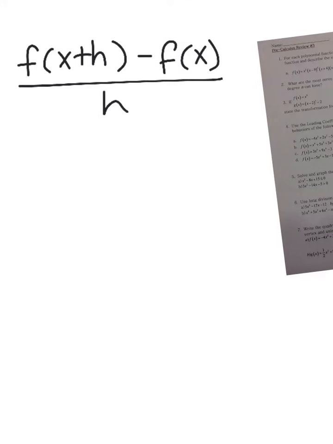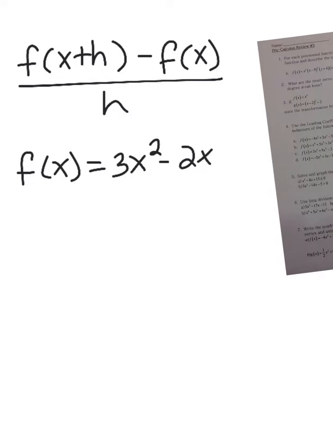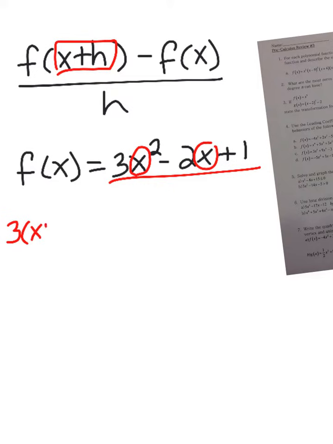So let me write the difference quotient again. So we have f of x plus h minus f of x all over h. So the function now is going to be f of x equals 3x squared minus 2x plus 1. All right, so remember, we're going to start with this. This is my input. I'm going to input that into all my x's first. Starting with this, input x plus h. So it's 3 times x plus h squared minus 2 times x plus h plus 1